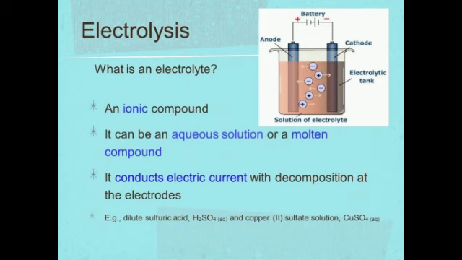Question 4 says, during the electrolysis of copper(II) tetraoxosulfate(VI) solution, a steady current of 4.0 times 10 raised to power 2 ampere flowing for 1 hour liberated 0.48 grams of copper. Now we are asked to calculate the mass of copper liberated by 1 coulomb of charge. So we have been given that charge is just 1 coulomb, and we are asked to calculate mass. Remember Faraday's first law of electrolysis, that M equals ZIT. So we can use that formula to calculate the mass. So if M equals ZIT,